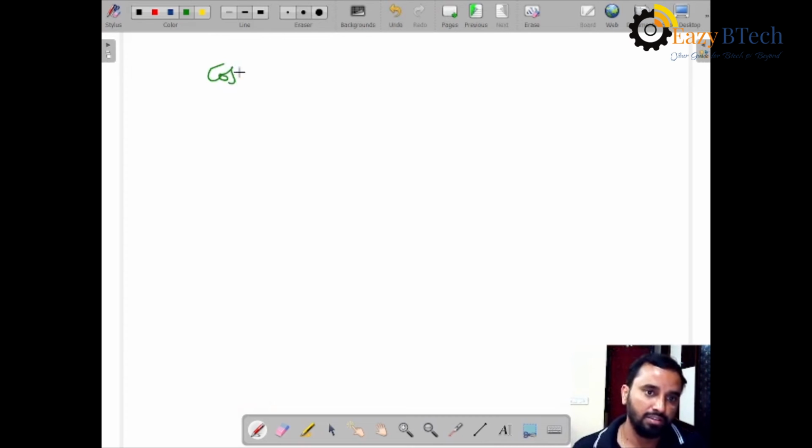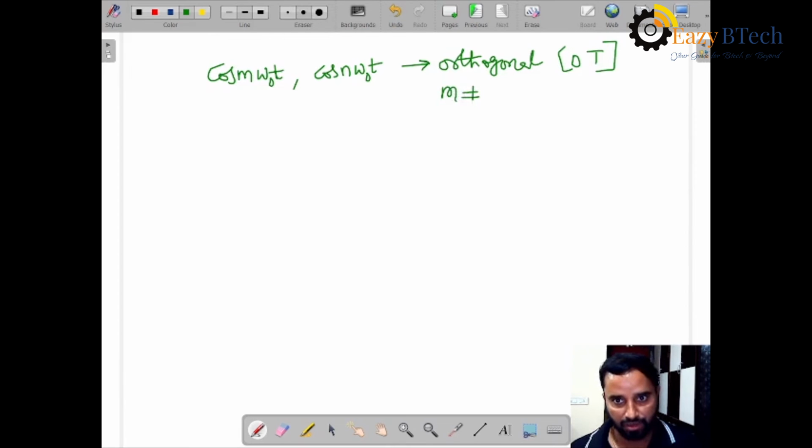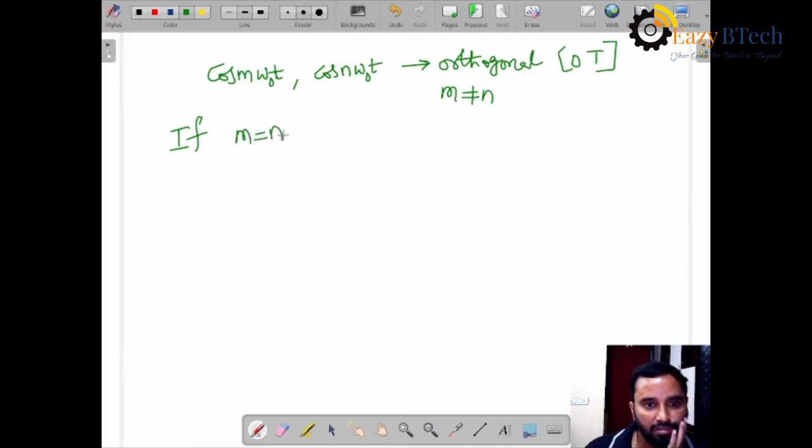The functions cos m omega naught t and cos n omega naught t are orthogonal over the interval 0 to T, for m not equal to n. For example, what happens if m is equal to n? Then we take m as n, and the integral from 0 to T becomes: